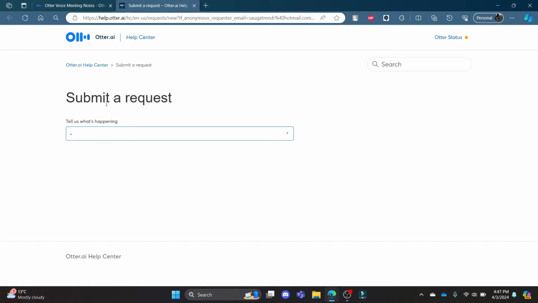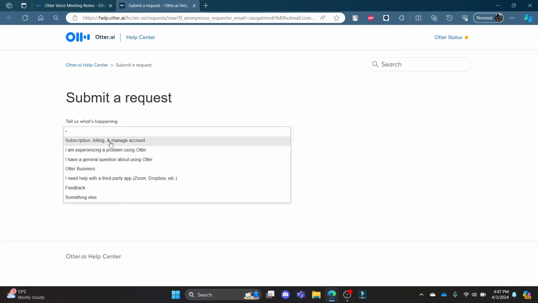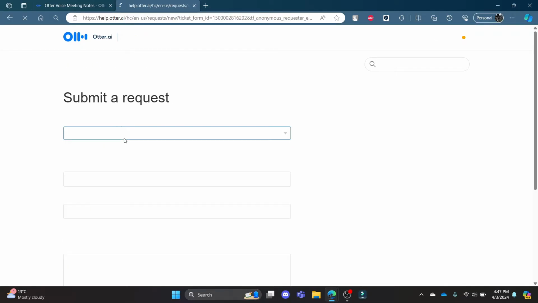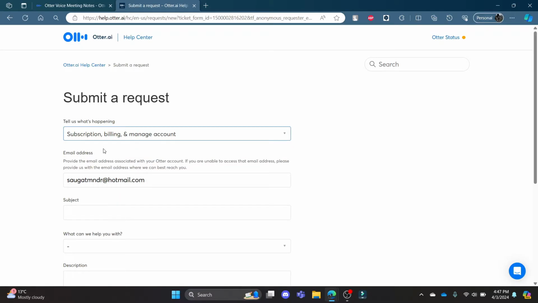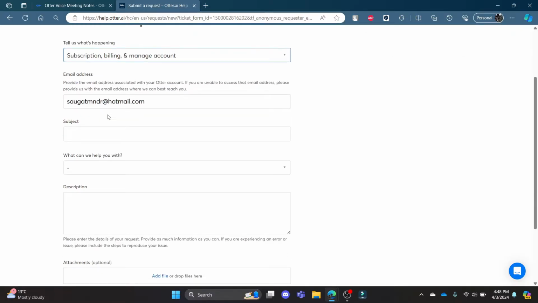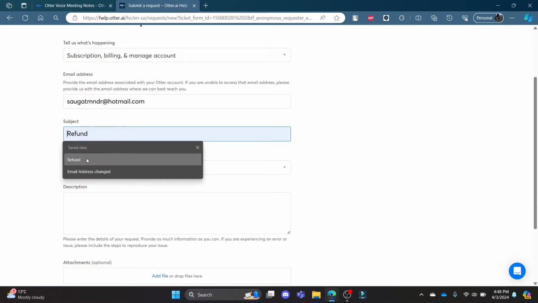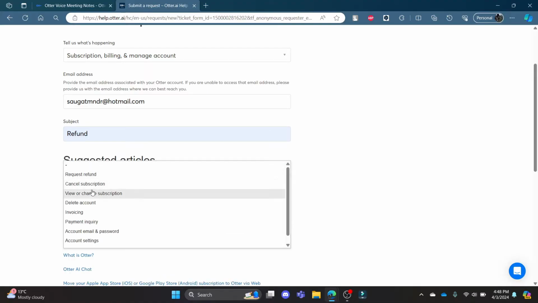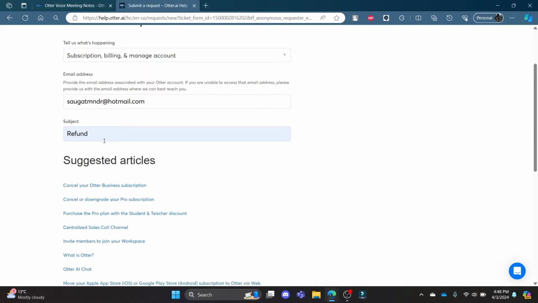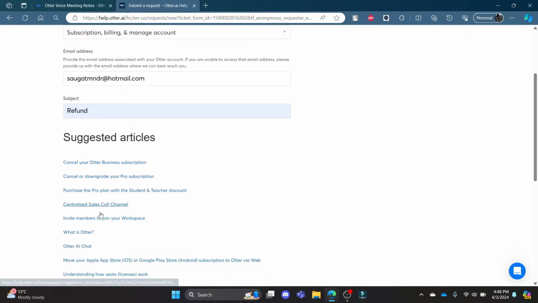You can see that there will be a submit a request option. Go ahead and click on what option you want to submit a request. So go ahead and choose your interest, and you can see that this page will load up. This is your email address. Go ahead and write down the subject and click on what Otter AI can help you on, and then you